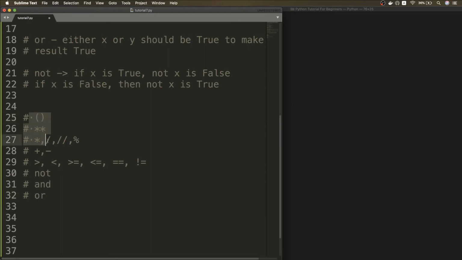So this is the changed precedence, incorporating comparison and logical operators. The main thing to note is that brackets always have the highest precedence, so whatever is inside brackets will be solved first, and when operators on the same level are there, the evaluation order is from left to right. And that is pretty much it.